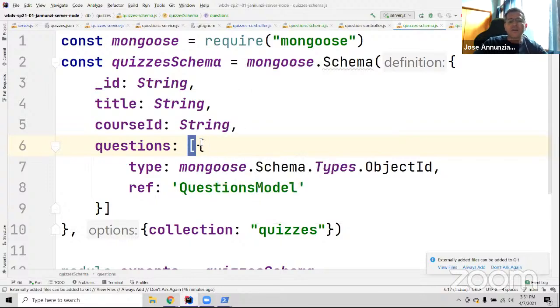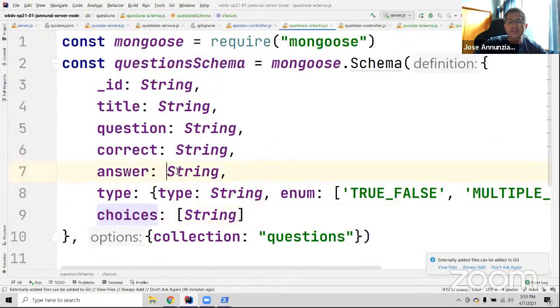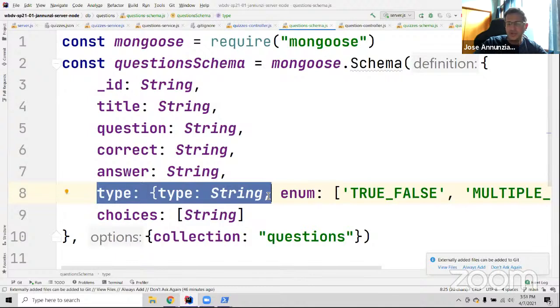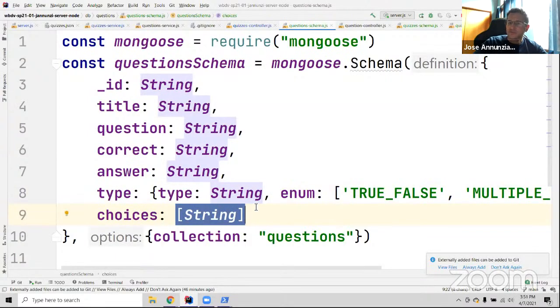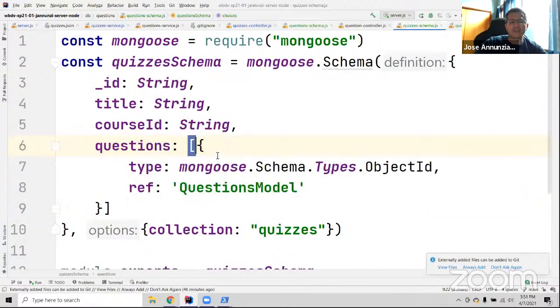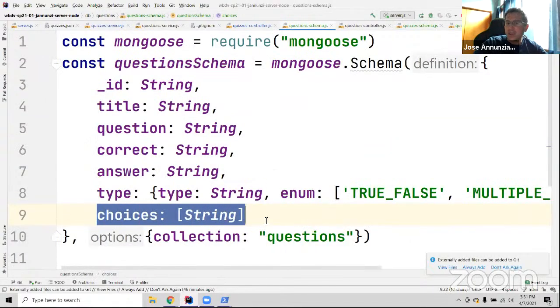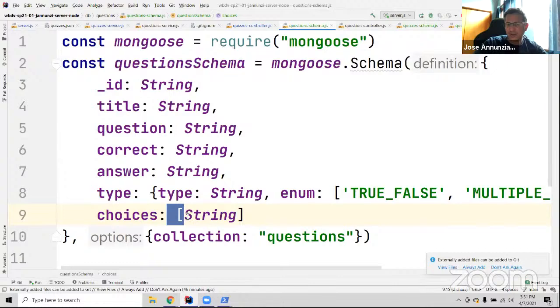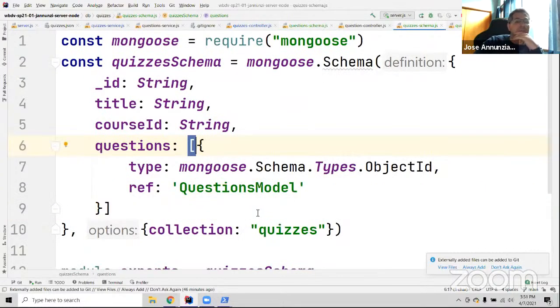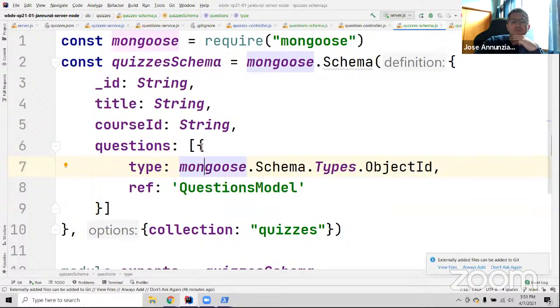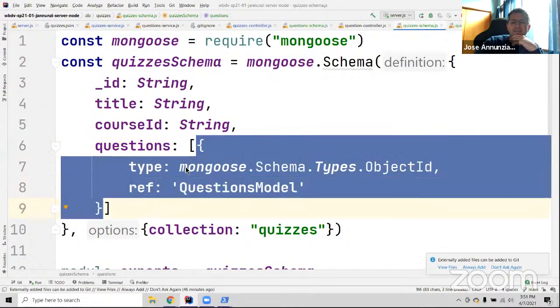Very much like the question schema, we're saying that choices is not a primitive data type like these strings, not even like type. Type is also a primitive data type, a string, but choices is an array of strings. So it's a complex data type. But whereas choices is an array of primitive data types, you can go a little bit more complex. You can say it's an array of something more complex,